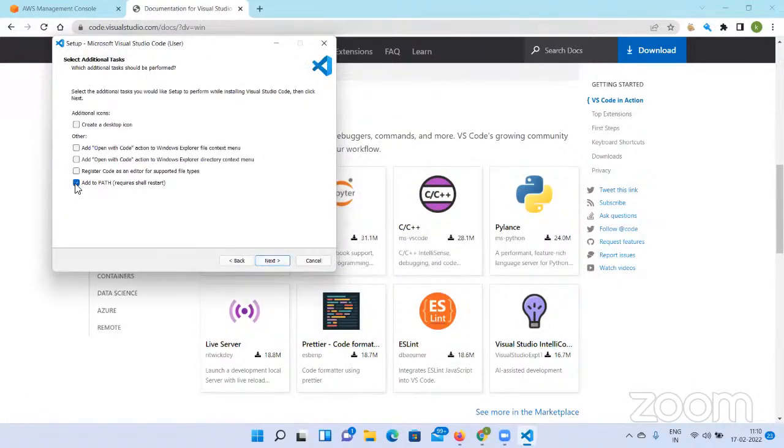And you need to select this option, add path. If you want to create a desktop icon and all, you can have it. And all these things, like register code as an editor for all supported file types, are optional based on your requirement. You can select these things. So what does this option mean? Register code as an editor for supported file types. What it actually does is,